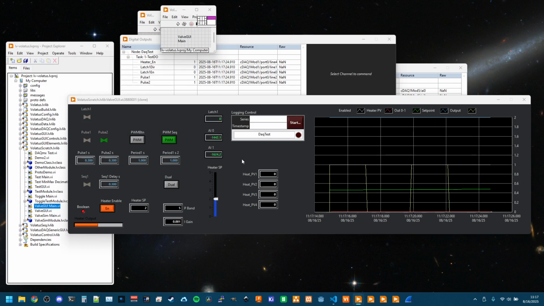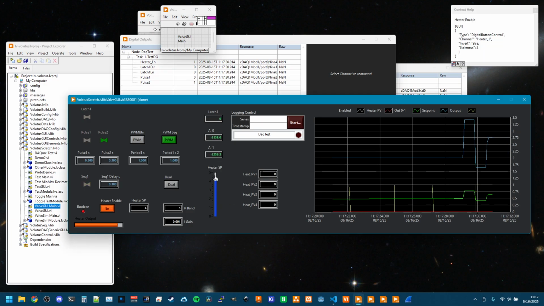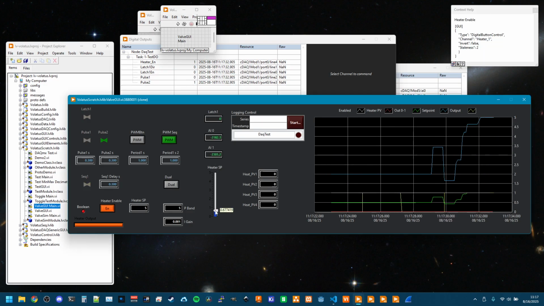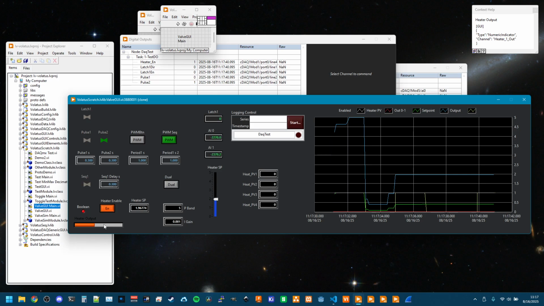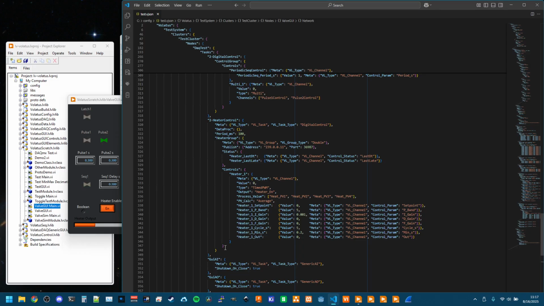Time for another feature implementation. I just got done recording the functionality for this slider, and it is time to implement some bang bang control capabilities. I've already got this heater timed PWM capability in the system, and that is configurable from the config